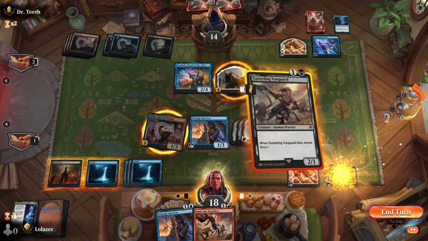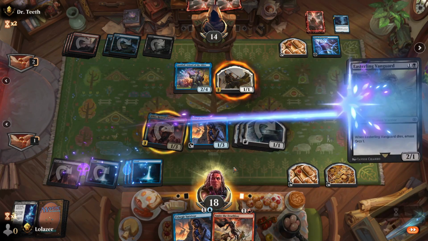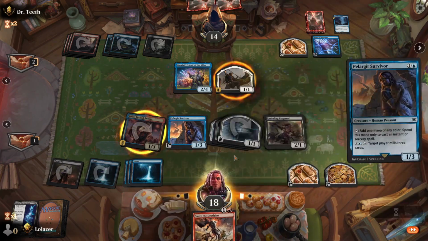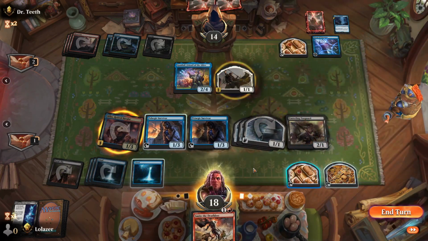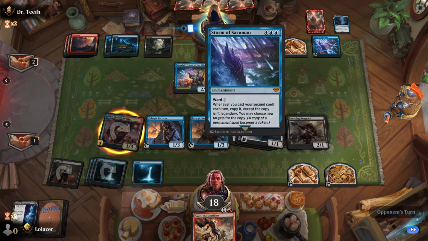Get a treasure, cast Easterling Vanguard. We just want to get everyone down. We're going to try and put pressure on them and close the game out through the air. And Pelagia Survivor comes down as well. So now we've just got Smite the Deathless, but that's going to be good. And they've got...